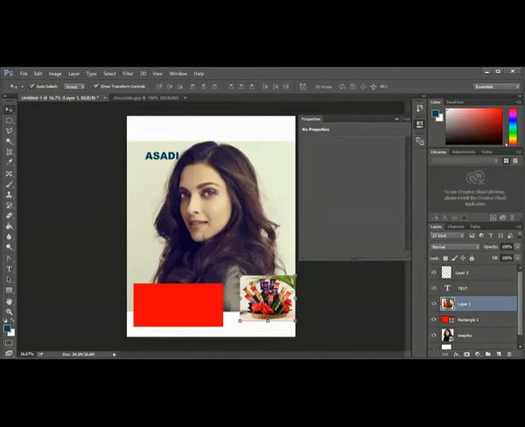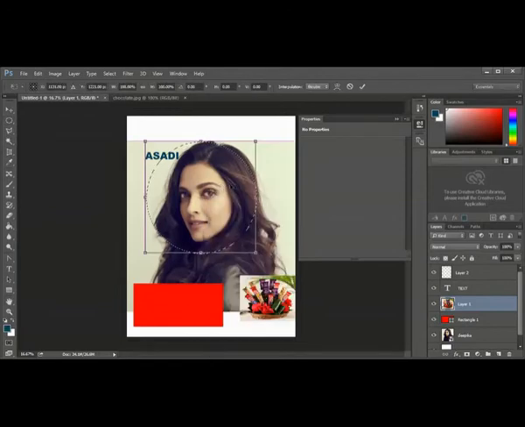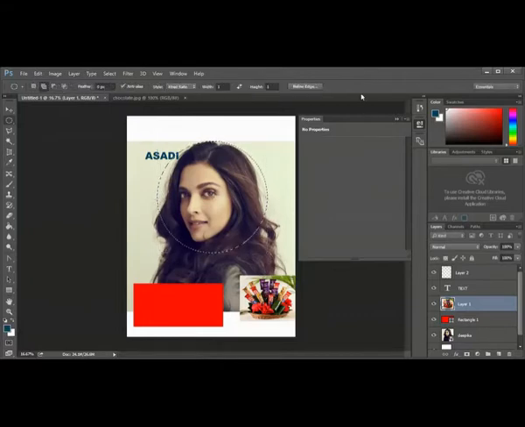You first create a selection with a selection tool from here. I'll select the elliptical tool, press shift, drag, create a circle. So this is the selection I created. I can right click this and transform selection. You can select and you can move and keep it exactly where you want. So this is the portion I want. Okay, accept it. Now I will use the mask. Click the mask. Click.